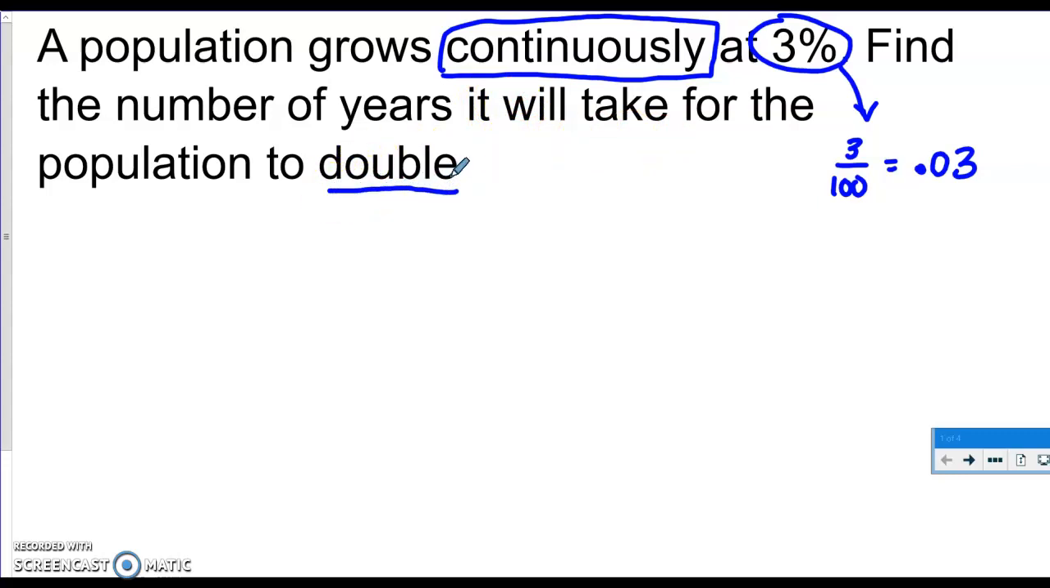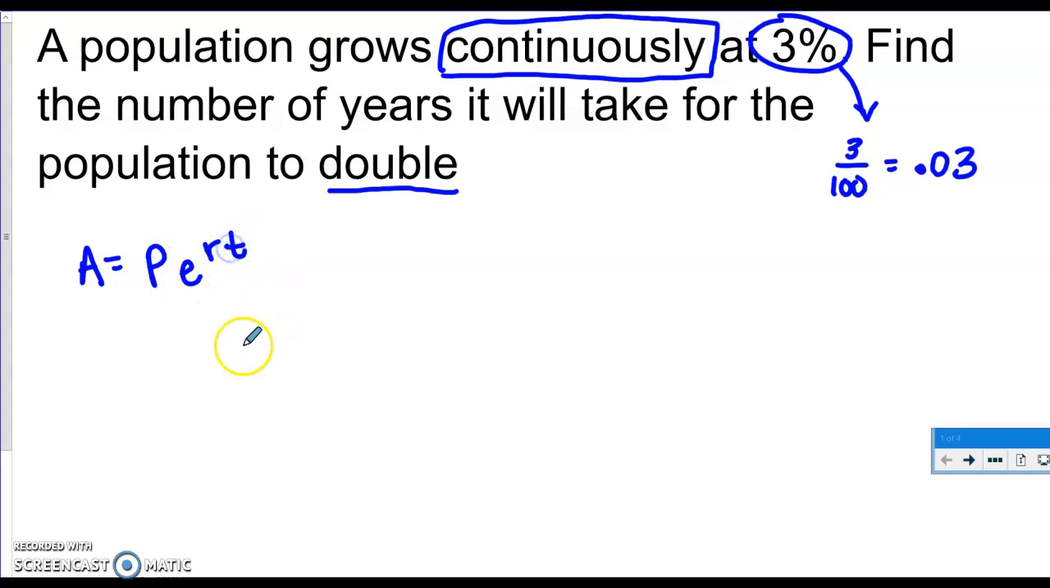So in situations where they don't give us the initial amount, but they tell us what is going to happen to the money, it doesn't matter what you put for your initial amount, as long as you double it. Or if the question said that you want the population to triple, you triple it. So I know from the word continuously,